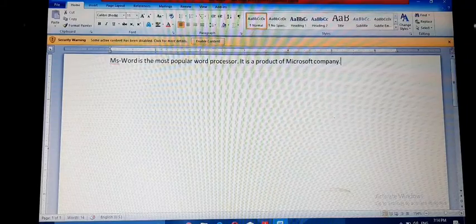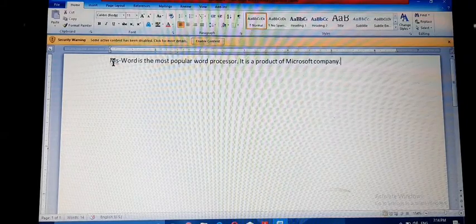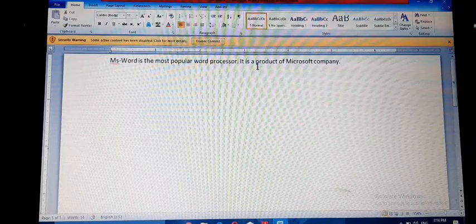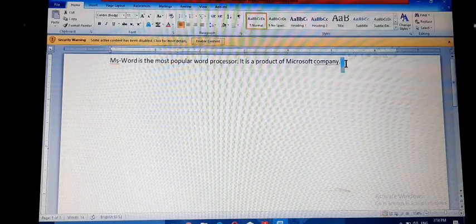In this way we can enter text into MS Word.